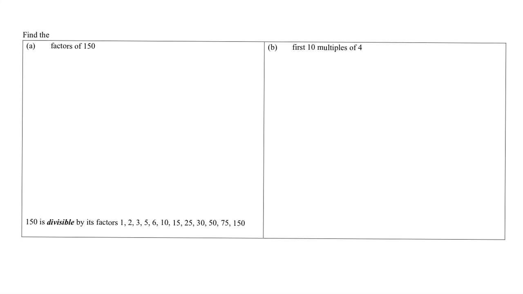Hello everyone, welcome to this video where we are required to find the factors of 150 and the first 10 multiples of 4. So this is how we do it. For 150,